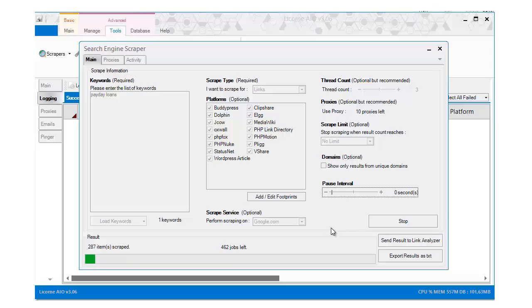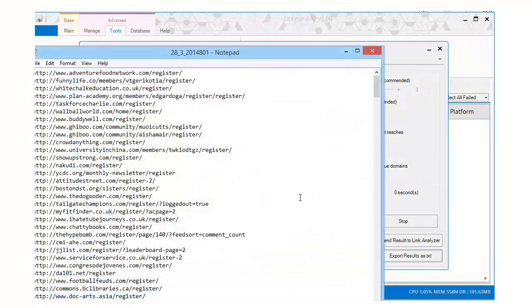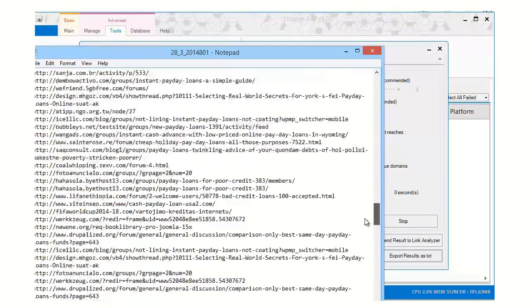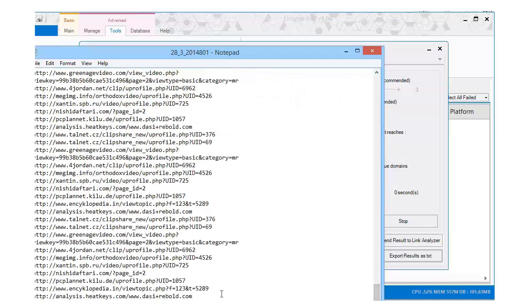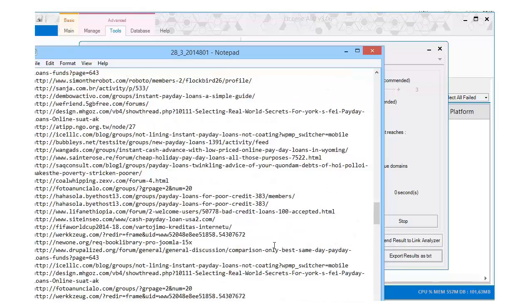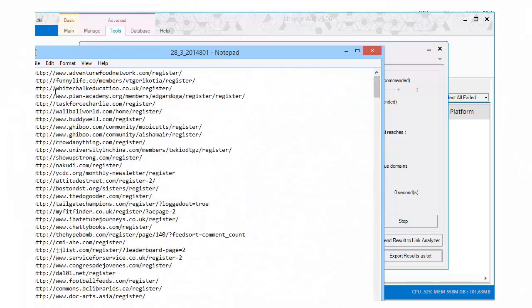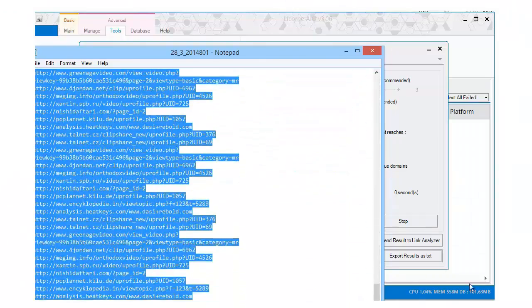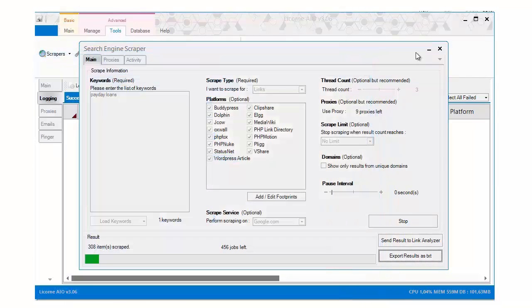So I'm not going to wait for that to finish. I'm just going to click export just to see what the situation is right now. And the thing is, we have 300 URLs that most likely belong to a certain platform, and well, some probably don't. But still, these are URLs that could be new finds. So I'm going to copy them, and I'm going to stop this